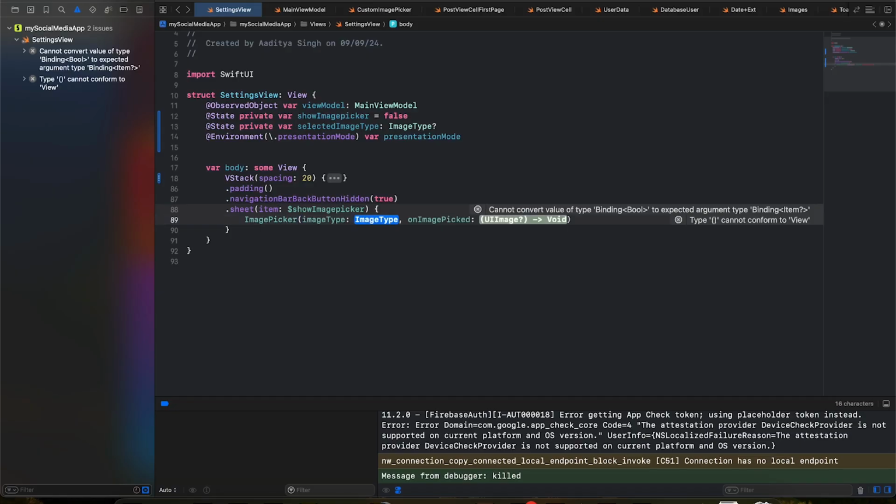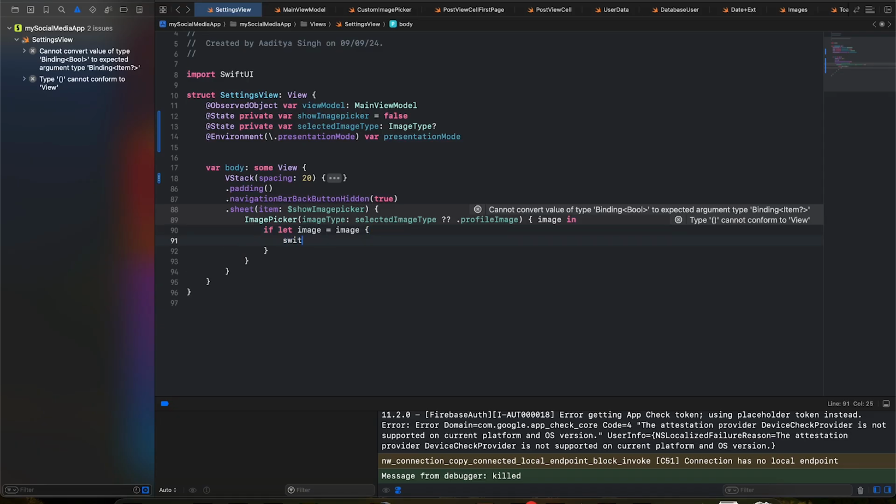The image picker would be taking an image type, so selected image type, else that would be profile photo only, and is image picked image, and we can just check if let image equals image,